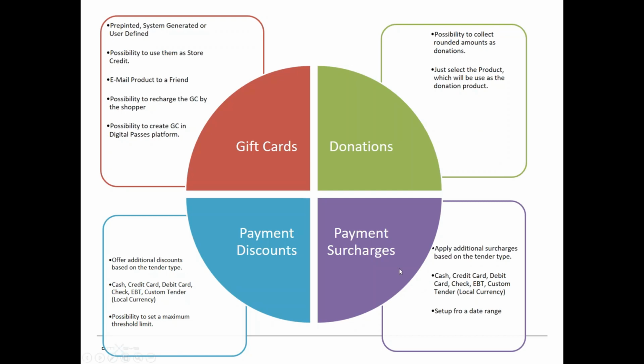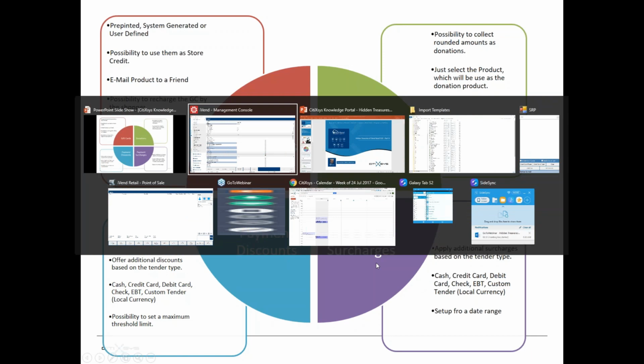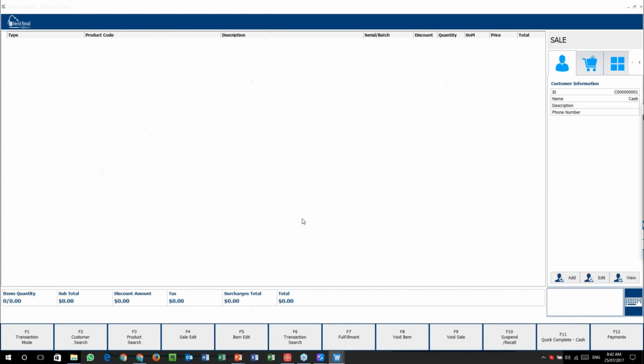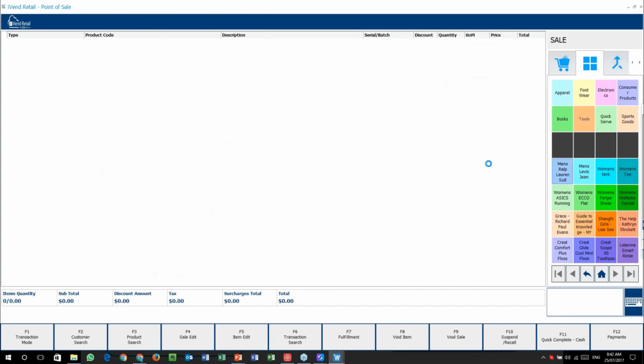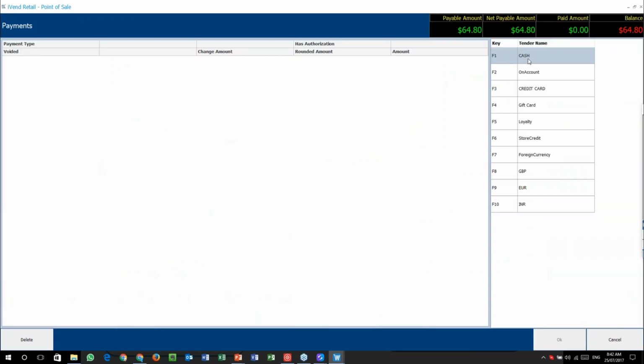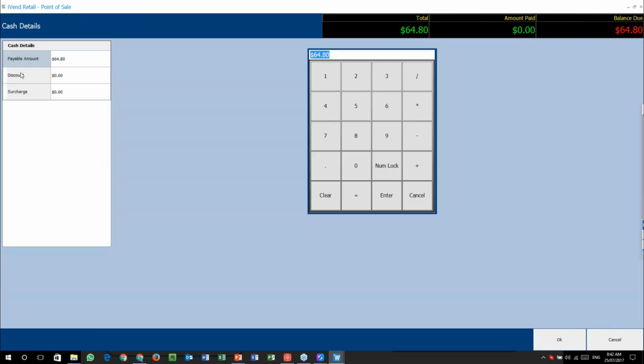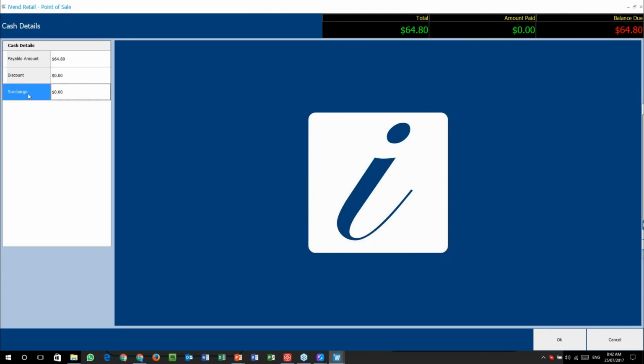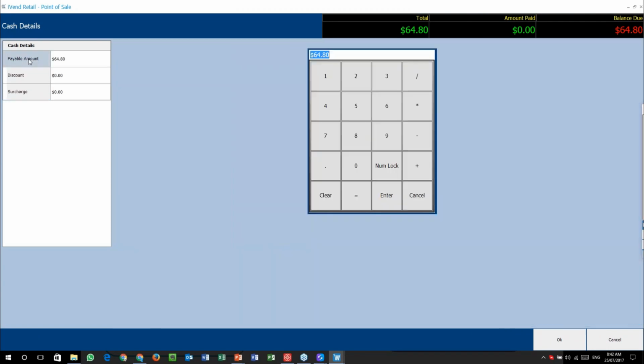Now, next one up that we've got is payment surcharges and payment discounts. These two are quite closely linked because you'll see them when I go across to the point of sale. Let's bring up a quick item to sell, the ever-famous men's Ralph Lauren suit, and I go to payments, and let's say I select cash. When I do that, you see they have these discount and surcharge lines over here, and the entire idea about these discount and surcharge lines is that you can either